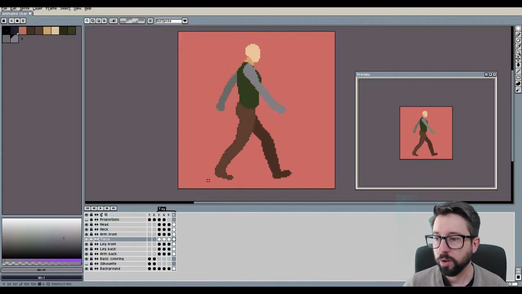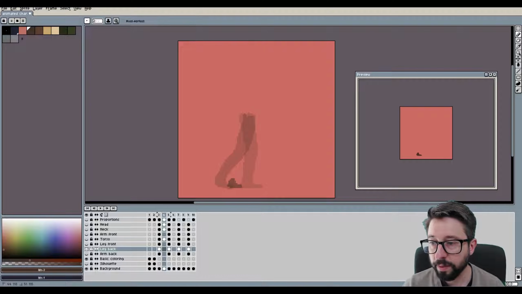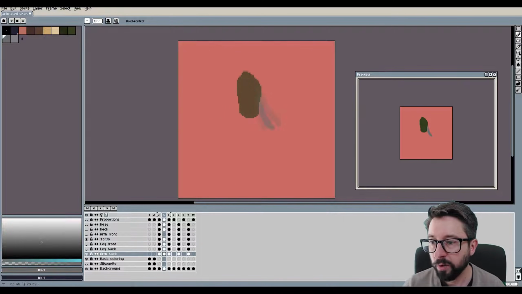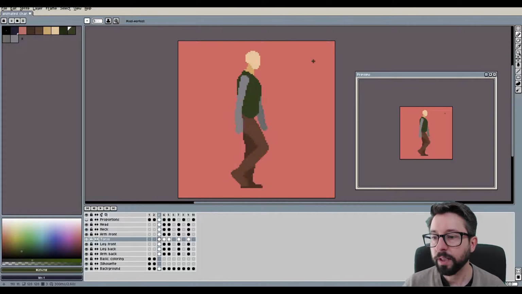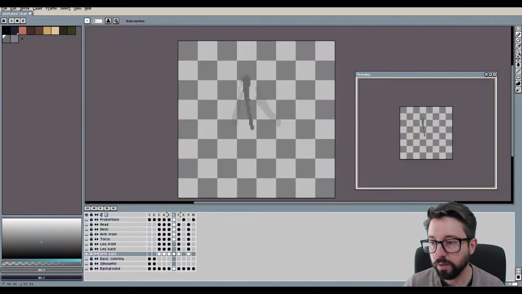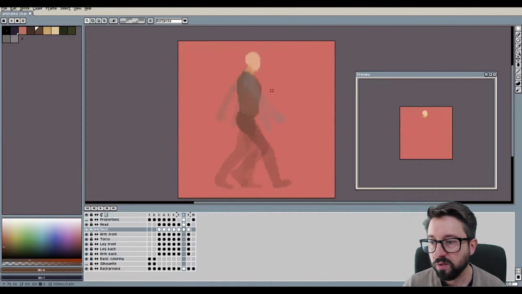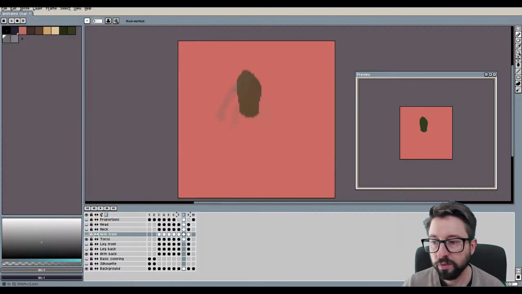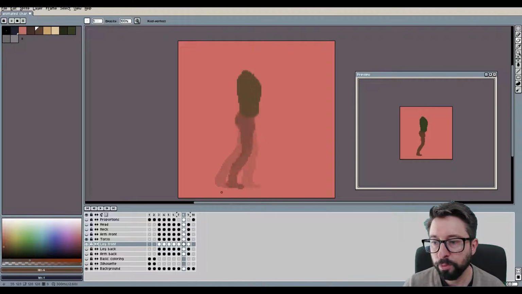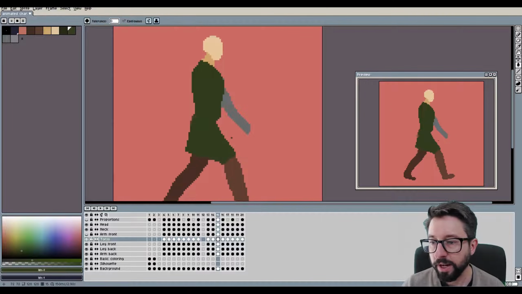So once I had those 4 frames in place, I added 4 more frames in between the initial 4 frames to just make the animation a bit smoother. So I ended up in total with 8 frames, and in each of those new frames I created the pose that was exactly in the middle of the motion between the 2 frames around it. Here it can be very useful to use onion skinning, which is a feature that lets you see any of the previous or next frames of the animation with lowered opacity, so that you know exactly how the current pose needs to look like. So once I had my 8 frames of the animation in place,